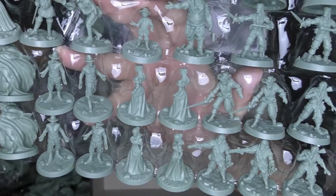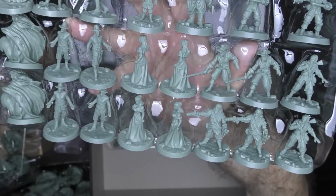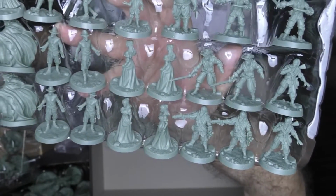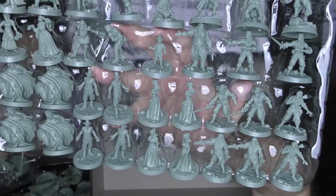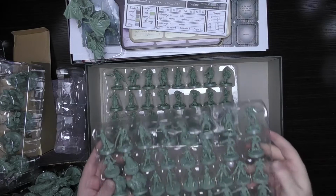Yeah, so a couple of duplicates. If it's the same character, it's the same sculpt. Or it's the same type of character, the guards and things. But really nice detail. So let's take a close-up look at